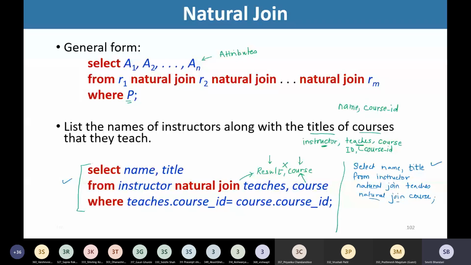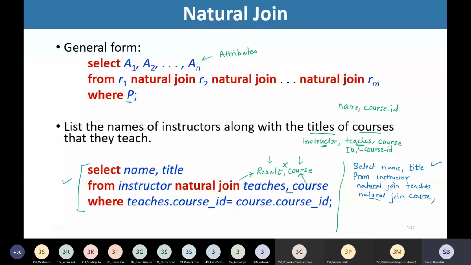And we have written this query earlier as select name, comma, title from instructor natural join teachers, comma, course. So here we are not using natural join with course. Instead, we are making use of a Cartesian product of the output of this natural join and the relation course.